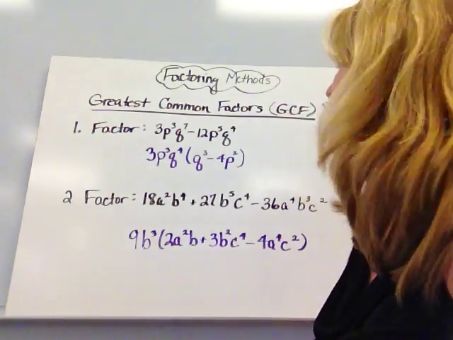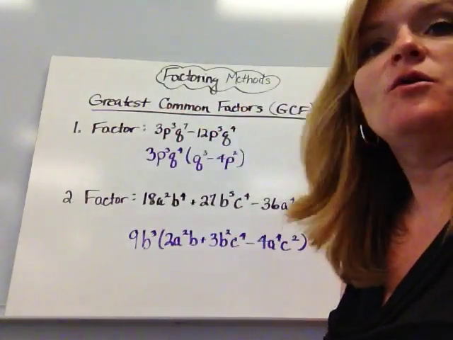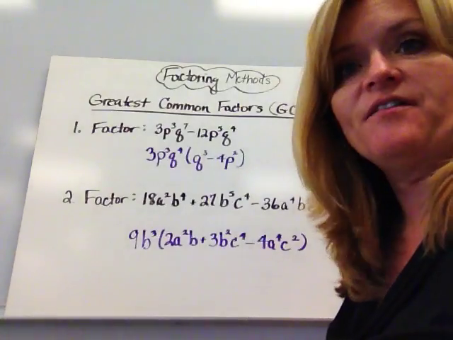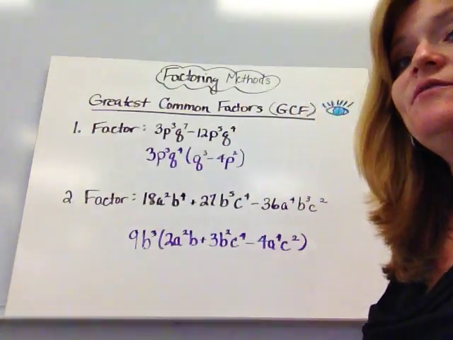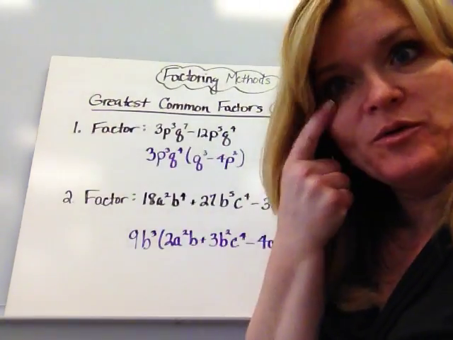Okay, we're going to talk about factoring methods today. Greatest common factors are what we need to look at first, and they're commonly known as GCF. I like to have them be known as the eyeball. I always point to my eye,